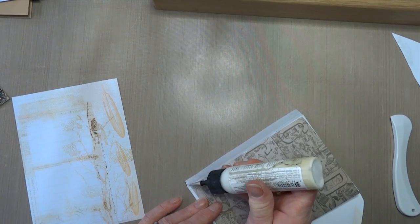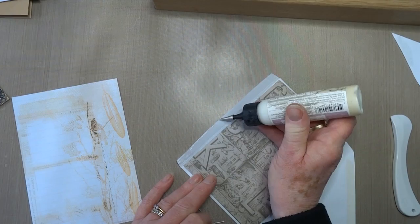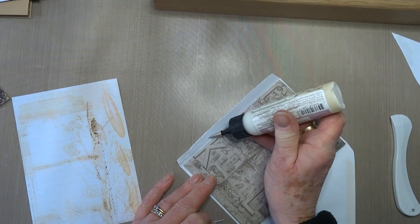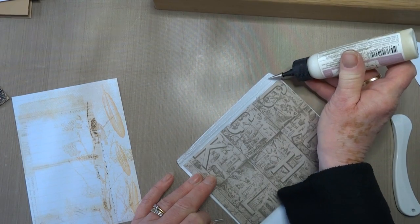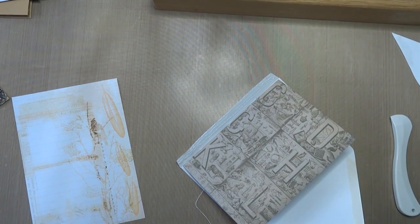So let's just stick a load of glue on this. I do apologise if I go out of shot. I get quite engrossed in what I'm doing. The other way of doing it, of course, is to stick it to the inside. But